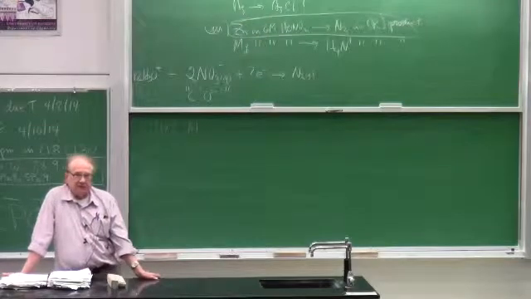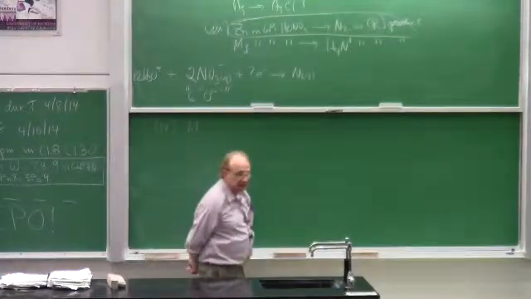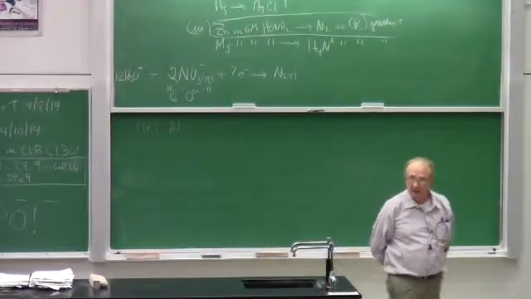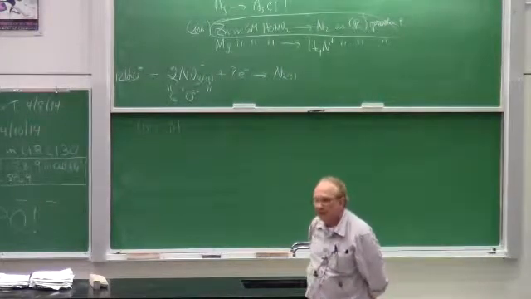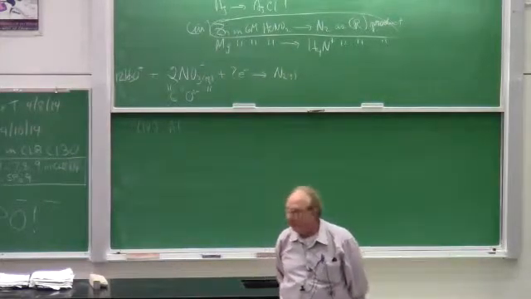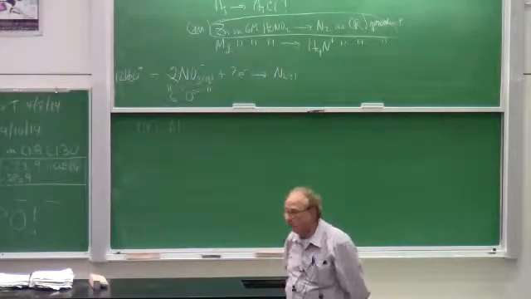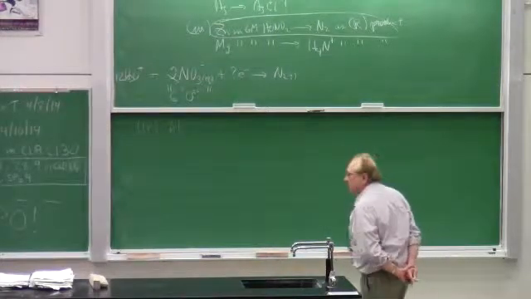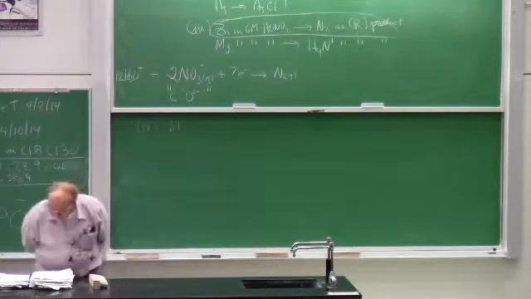Because in basic solution, many oxidized metals complex with hydroxide ion or precipitate with hydroxide ion. And such materials are thermodynamically more stable than the hydrated version of that metal ion. It's all thermodynamic stability. So in this case, we're saying if we oxidize aluminum in concentrated sodium hydroxide solution, 6 molar,